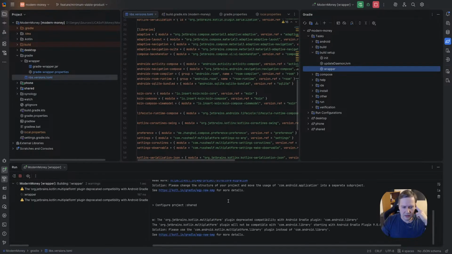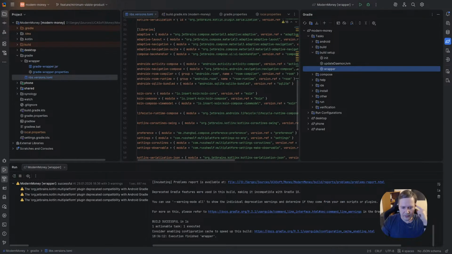And let's call wrapper. You will not see it, but I will go to my UI for Git, and I would just like to push these changes.